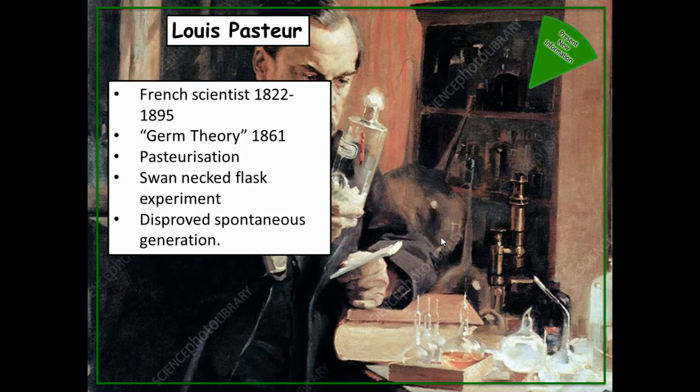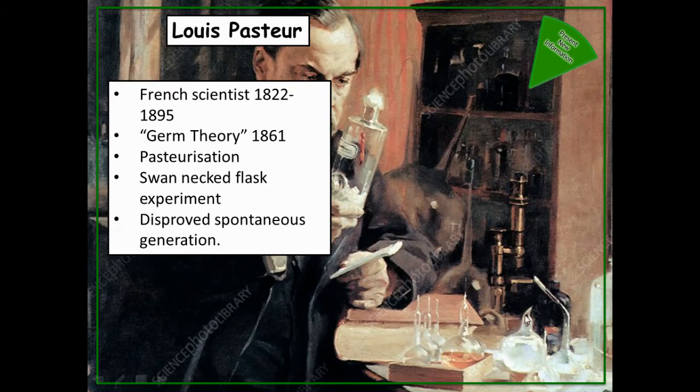A couple of the things that you might remember about Louis Pasteur that we'd studied in class already. He also developed the process of pasteurization, which is boiling a liquid to kill the bacteria in it. And he proved his germ theory by using the swan-neck flask experiment. So that was a special flask that he designed that looks fairly similar to the one down here.